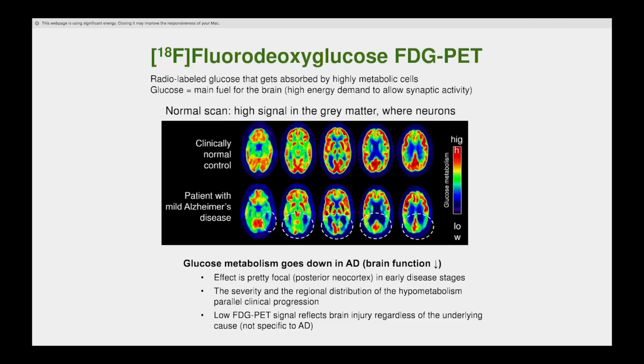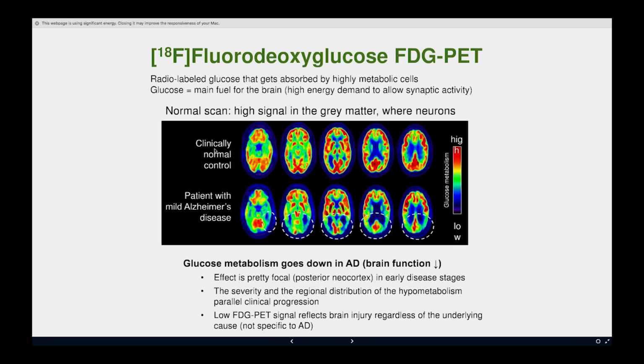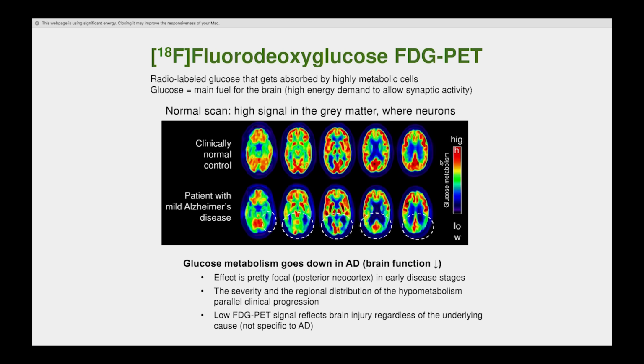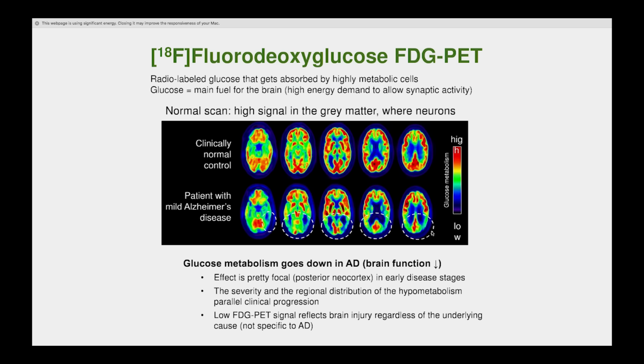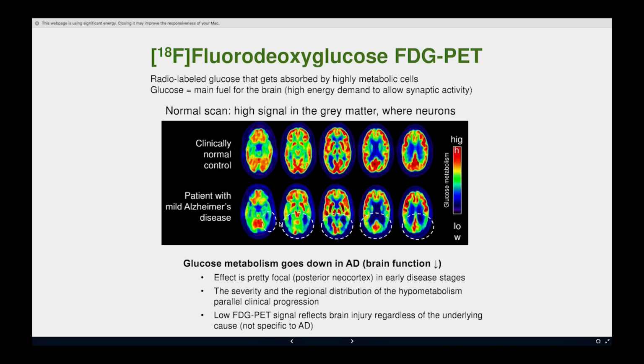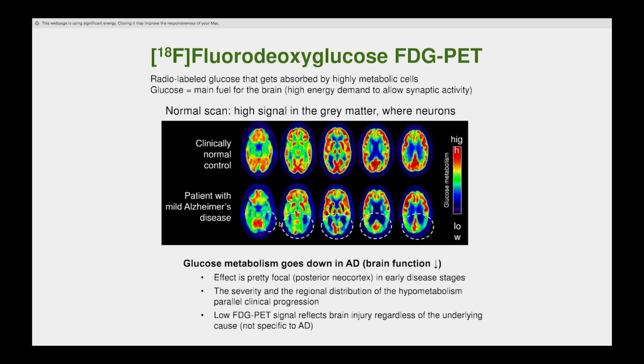And so we are supposed to see high signal, as you see here in a clinically normal person. You see high signal all throughout, and it's hot all around because we kind of want it that way. We want the sugar to be utilized in the entire brain. And then for somebody who has Alzheimer's disease that may have lost brain cells in these areas, so the temporal lobe here, parietal lobe there, you start losing that nice signal here. There's not as much uptake as in the other parts of the brain, and that's because the cells are not functioning well enough to take up the sugar.